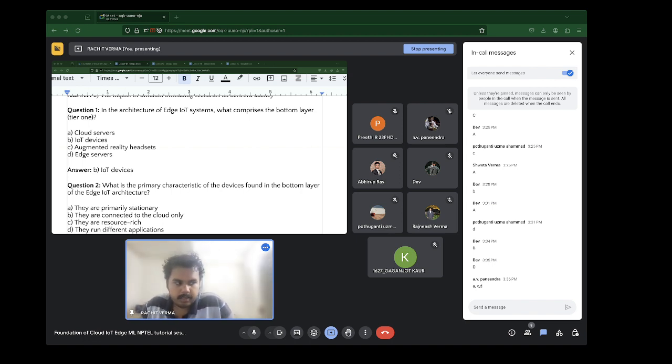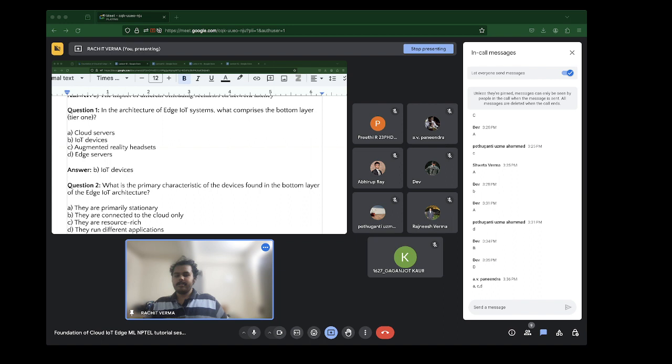Or let's say you have a smartwatch and you are moving, then your smartwatch is also not stationary. As far as being resource rich, that's not necessarily true, because IoT devices may be something like a toaster or a smartwatch.